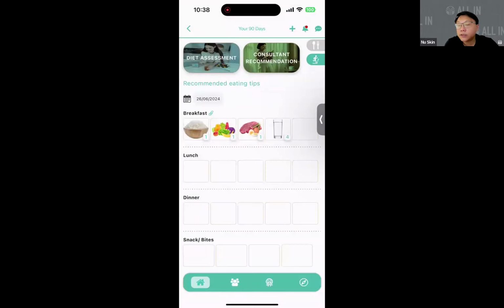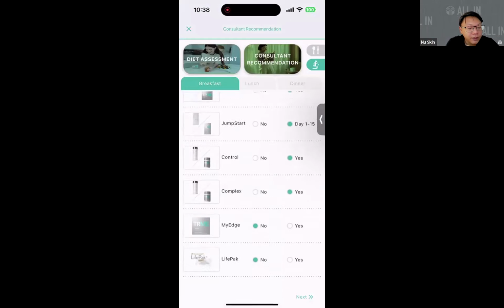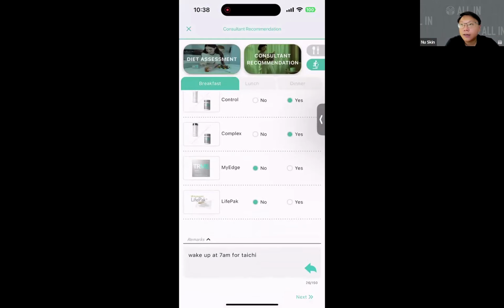So what happens when you submit the assessment? Your consultant will receive a notification in his or her app. What they will do is go to the consultant recommendation, and then they will look at what you have filled up, and they are able to input any comments over here.